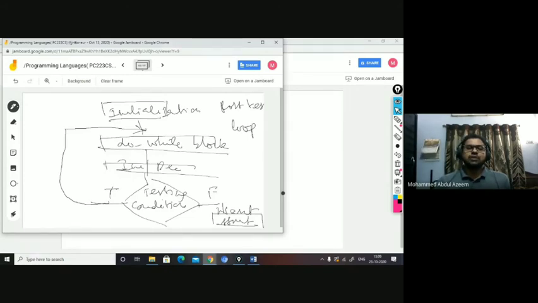So here, if you observe, without checking the condition, you will be entering into the loop. You can see for the first time after initialization, you will be directly entering into the block. You are executing the entire block once, then you test the condition. That's the reason why we call this kind of statements post-test loops, right? You test the condition post the block, post the loop, after you execute the loop. So this is said to be the post-test loops.